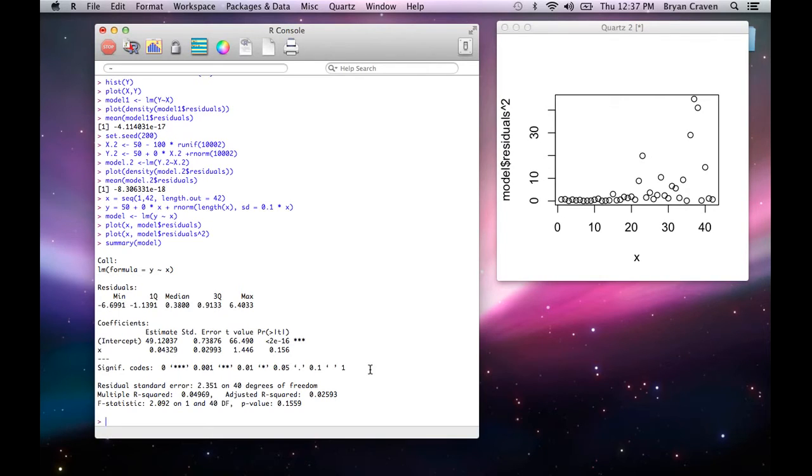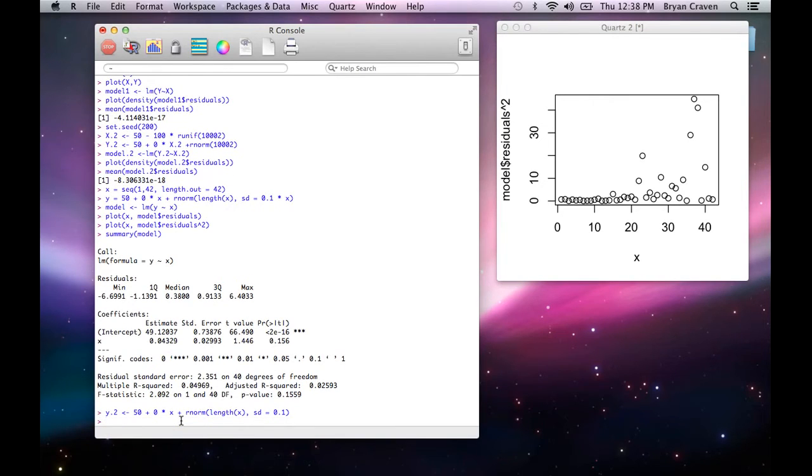You can note the size of the standard errors there. And so now if we want to run another model without this heteroscedasticity, we'll say y.2 equal to 50 plus 0 times x plus rnorm, length of 40 of x, with the standard deviation of something constant like 0.1. And then if you run this new model,